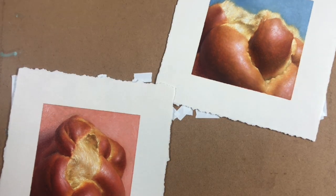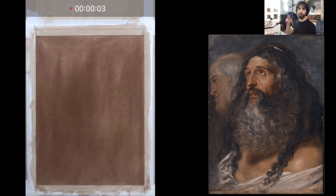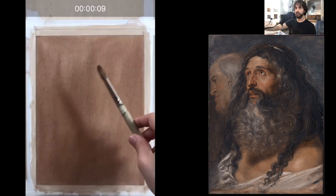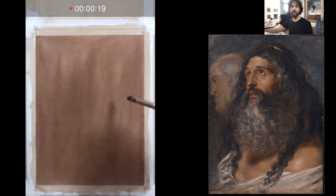All right, so how do I get started? I take a big bristle brush, see that? Quite large in relation to the canvas. I prefer to use a round brush for this. And the first thing that I'm looking for are the largest possible shapes that can tell me something about my